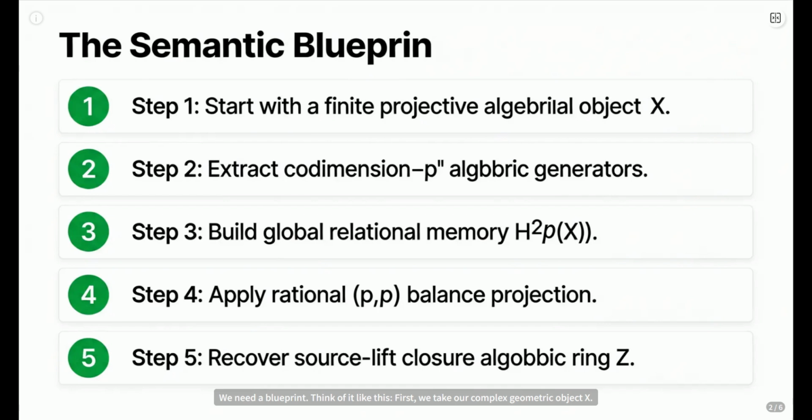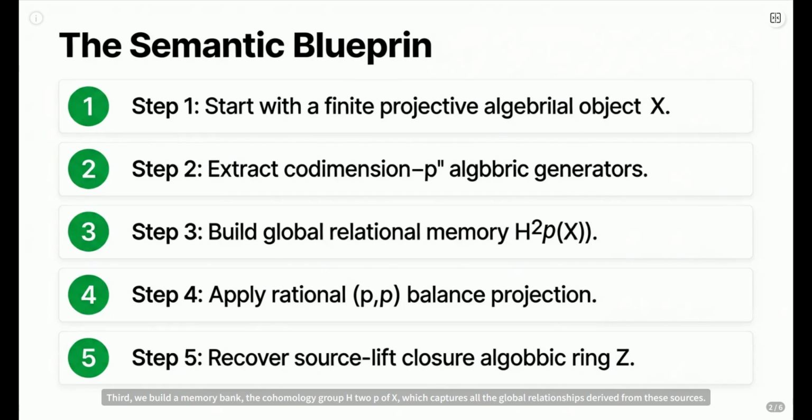We need a blueprint. Think of it like this. First, we take our complex geometric object X. It might look infinite, but its core structure is built from a finite set of rules. Second, we identify the basic building blocks, the irreducible subvarieties of codimension p. These are our potential sources. Third, we build a memory bank, the cohomology group H^{2p} of X, which captures all the global relationships derived from